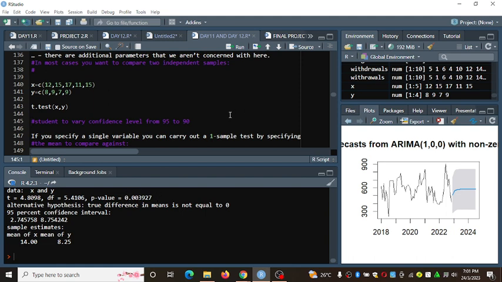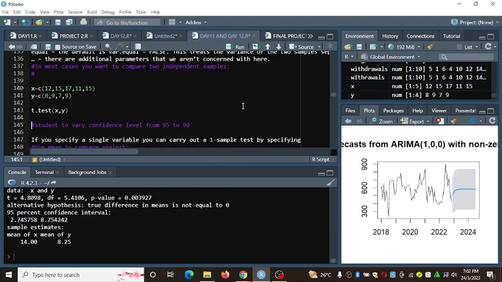What will we conclude? The p-value here is less than alpha. How will we conclude this claim?